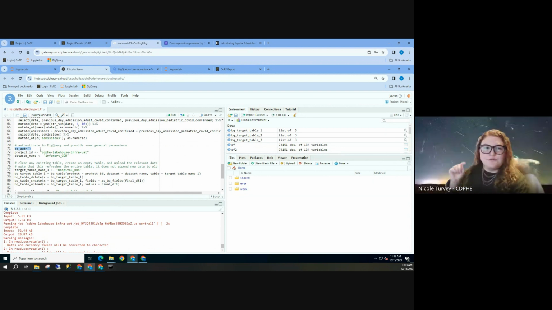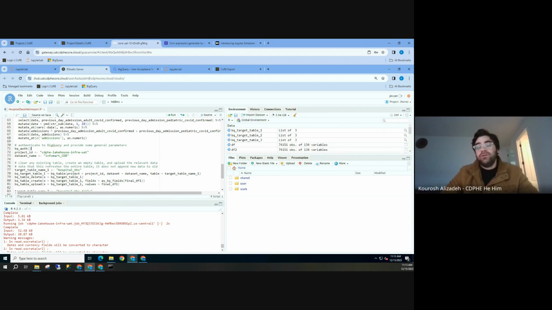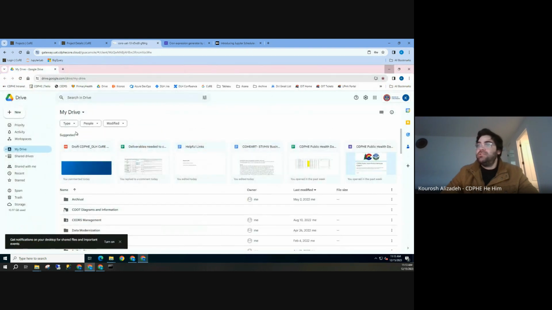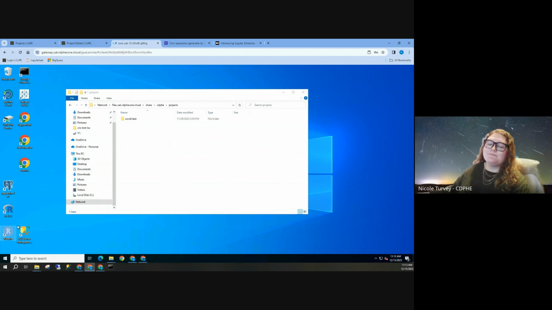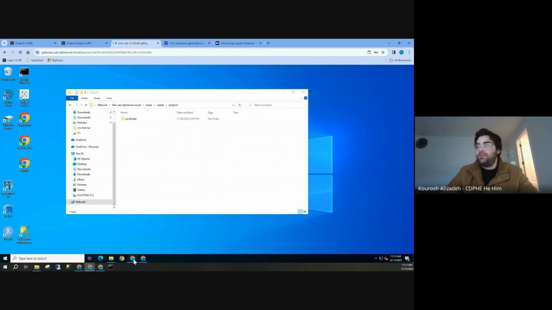Sorry, real quick. Is that the case if I'm in Jupyter Notebook on my virtual machine? Good question. That's the case if you're in Jupyter Notebook. If you opened RStudio just from the desktop of your virtual machine, you would not have that, because it would just be Nicole's RStudio, no different than if you had done it on your local machine. Okay, got it. Good question.